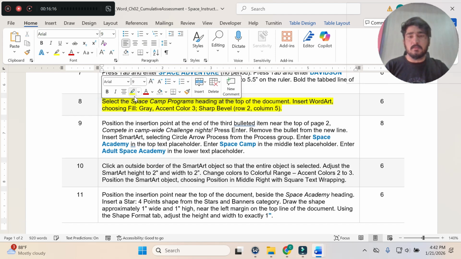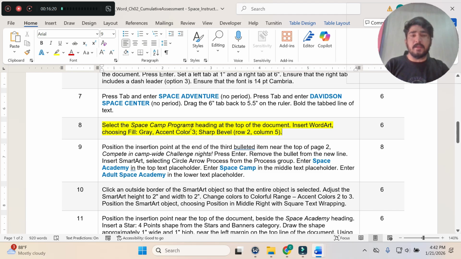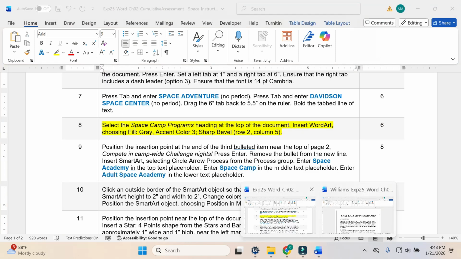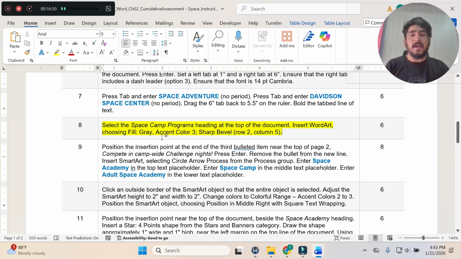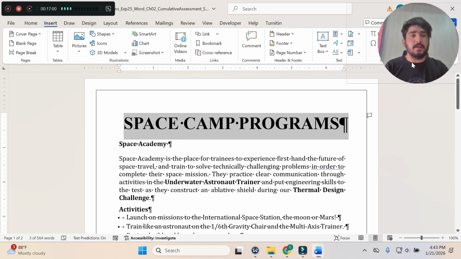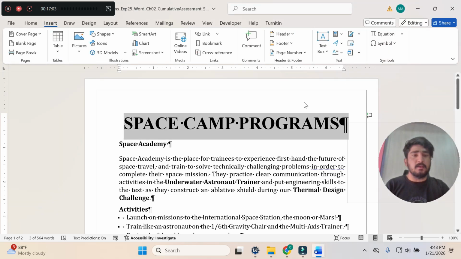Now step number 8. Step number 8 is select the Space Camp programs heading at the top of the document. Insert WordArt choosing Fill Gray Accent Color 3 Sharp Bevel, row 2 column 5. So basically in step number 8 we will select the Space Camp programs heading at the top of the document. So first we'll select this heading. After selecting the heading, we will insert WordArt and choose Fill Gray Accent Color 3 Sharp Bevel. So go to the Insert tab,